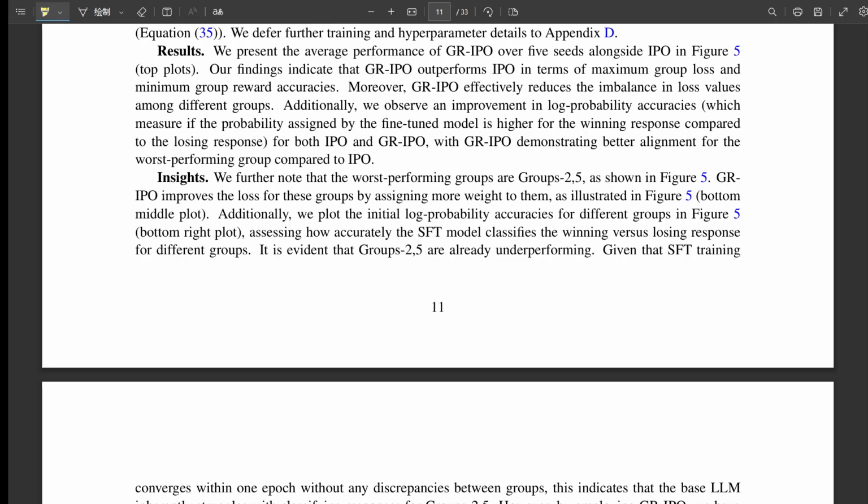Okay, so the paper introduces an algorithm that uses something called alternating updates. Right, we touched on that a little before. And basically, it goes back and forth between adjusting the group weights and updating the policy parameters. Okay, so it's like a constant balancing act, right? Exactly. Groups that are performing poorly get more weight in the next round of training. And that weight is determined by the cumulative losses of each group. Yes, so groups with higher losses get higher weights. This ensures that those groups get more attention.